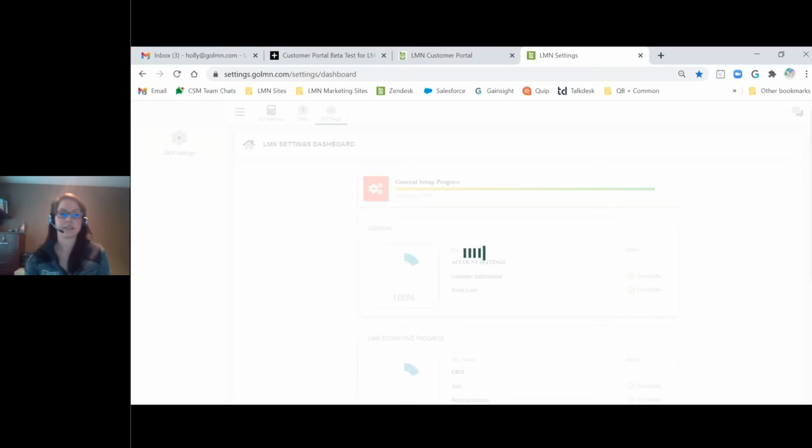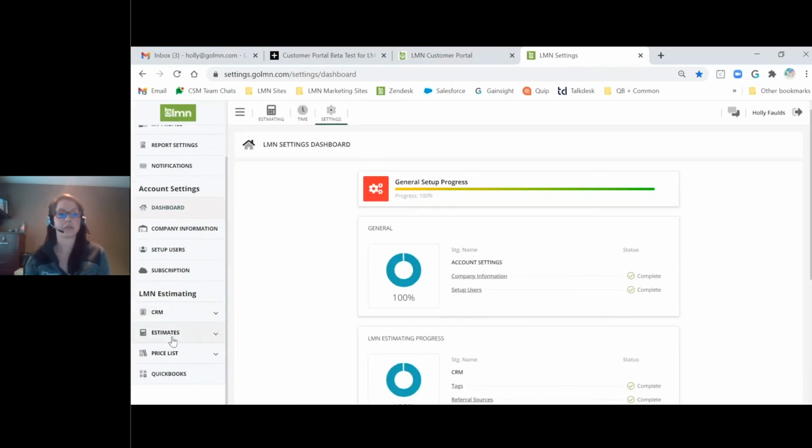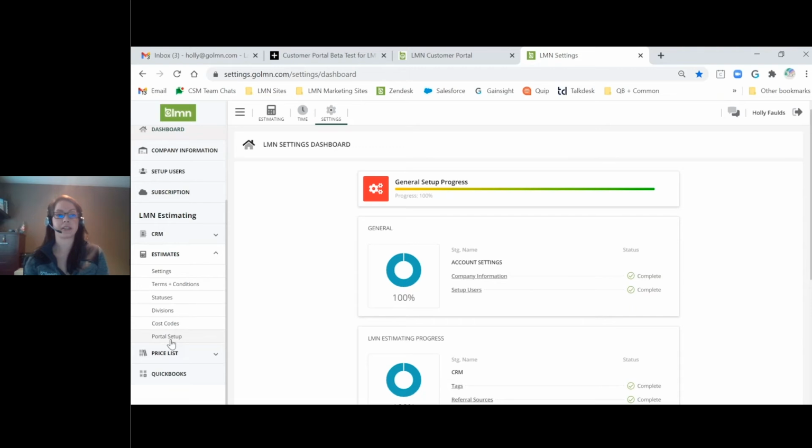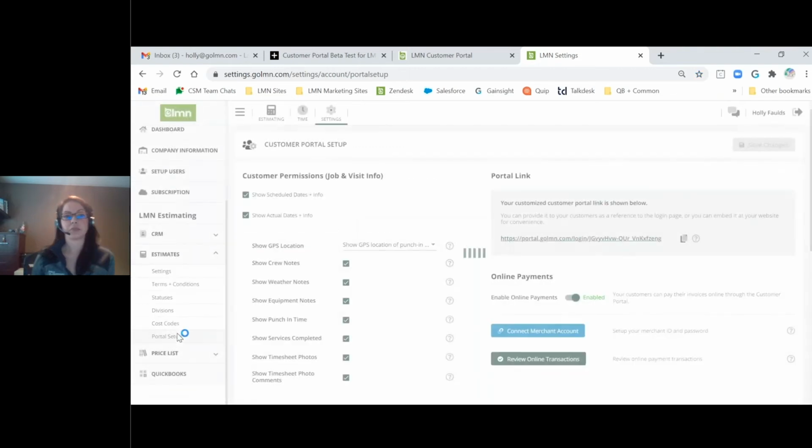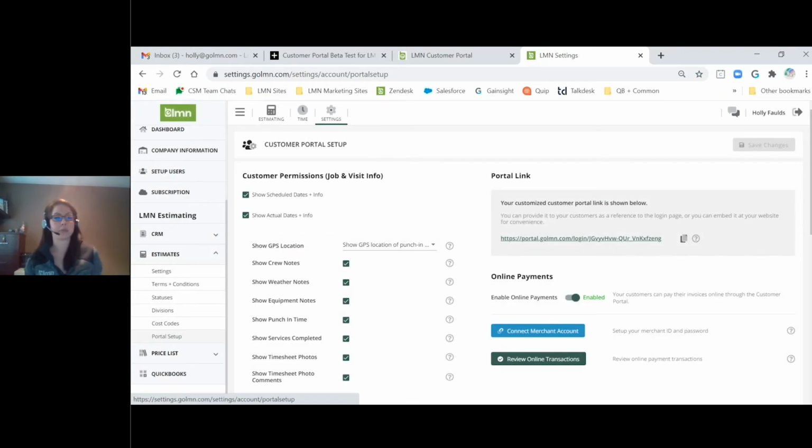Once that's loaded, I'm going to scroll down to LMN estimating and then estimates portal setup. So I'll just run you through these settings. These settings are going to be your settings by default. You can customize them at a customer level and change your defaults when needed. We have a couple of permission settings for what's visible in the customer portal. And then over on the right side, we have your unique customer portal link that you can embed on your